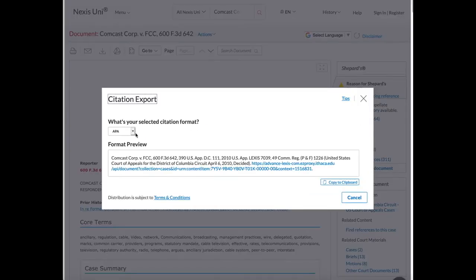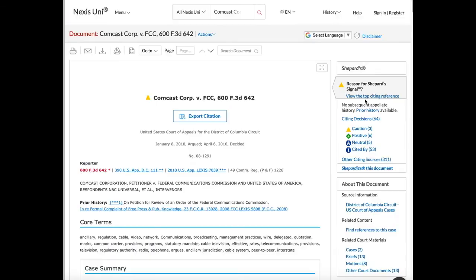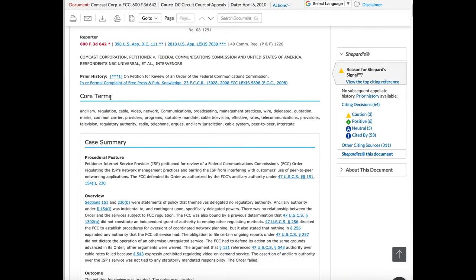You can grab a citation in different formats here. You need to check them for correctness, but you can cut and paste a citation. You can print, email, download, put into Google Drive, and if you sign in and register, you can save it into a folder within the database. Here's the core term field. So sometimes I look these over for keywords, and then I'll construct a core term search. And here's the case summary field, so it would search within this box here if I do a summary search.